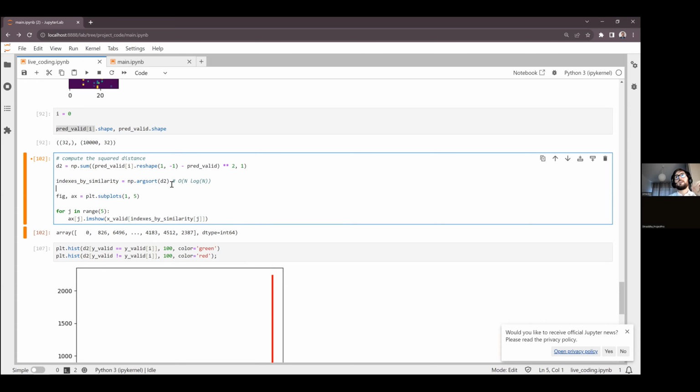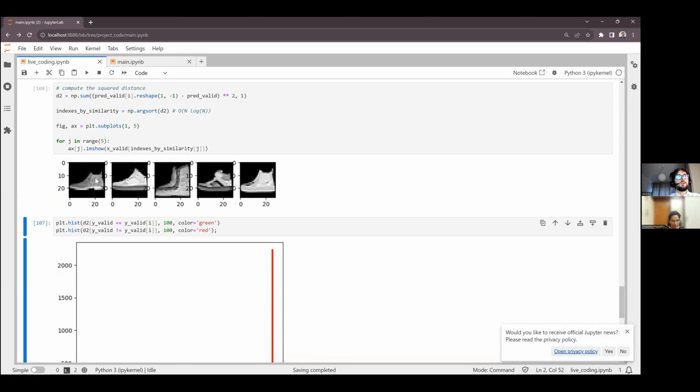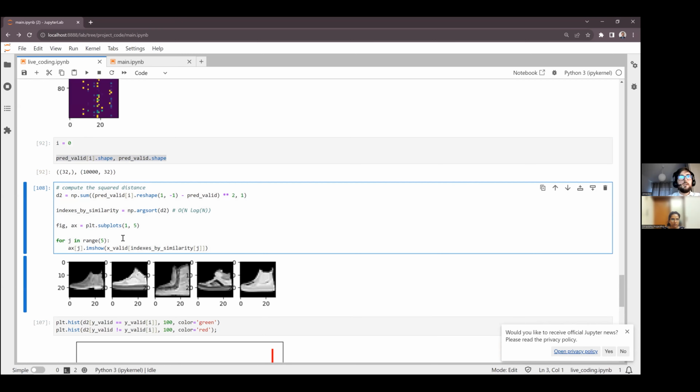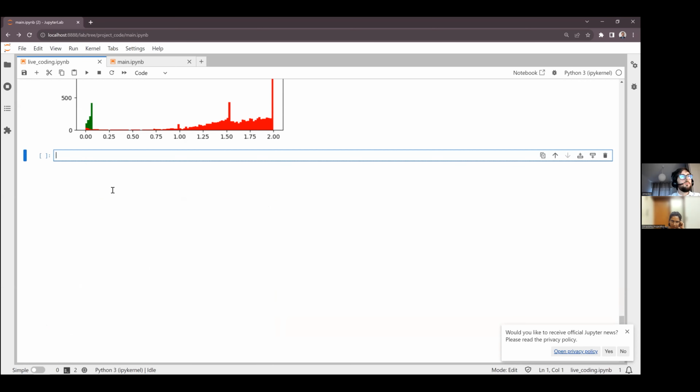We have distance 0, so the item itself, so we can see how similar it is to the other 4. So we have the item itself and then 4 other items that are the most similar. You can see the reference image in that case, and we have 4 others. We can do that again for other images, for many of them maybe.